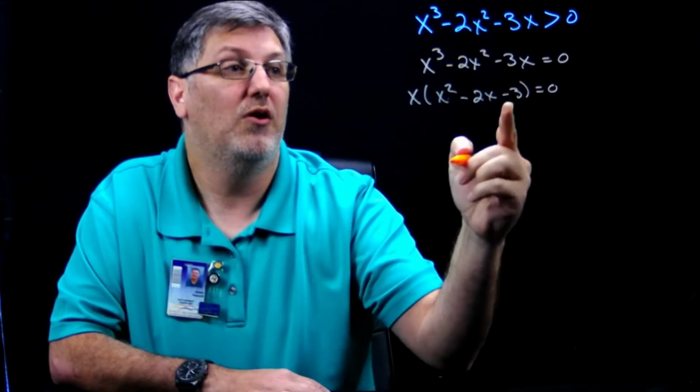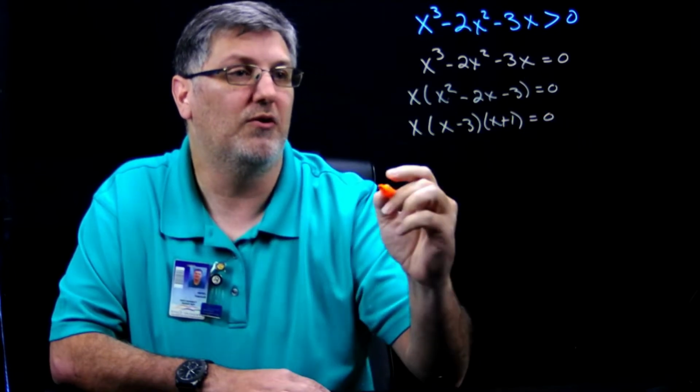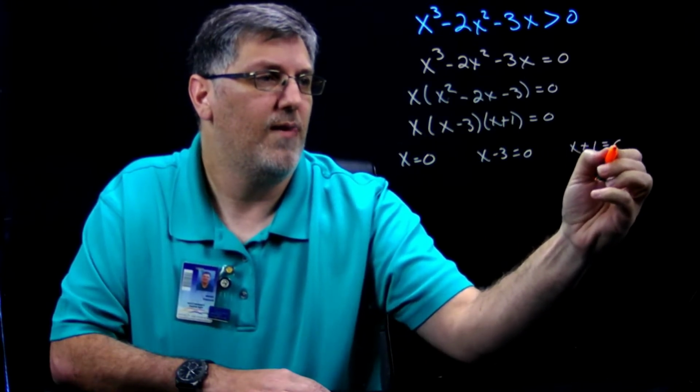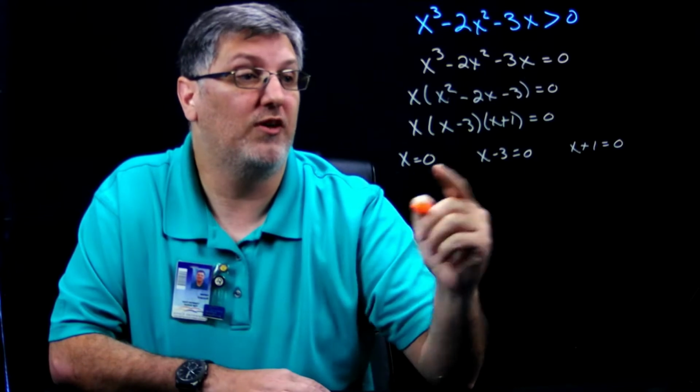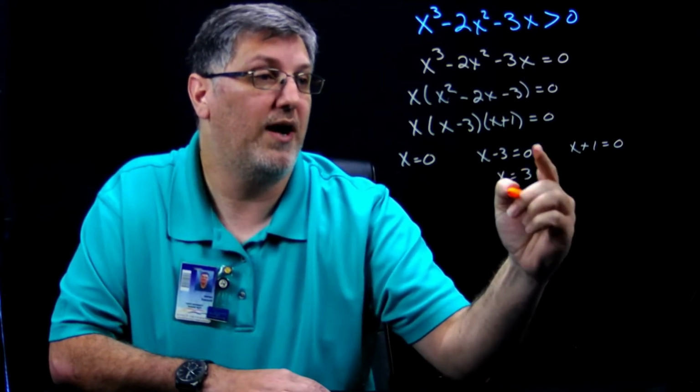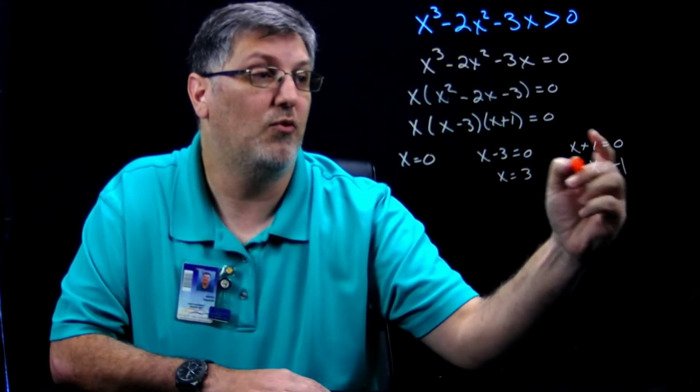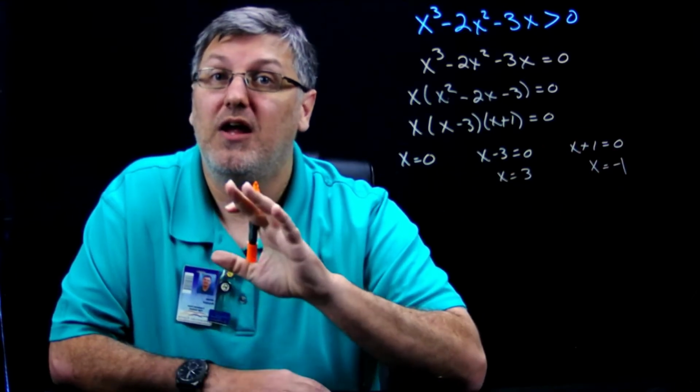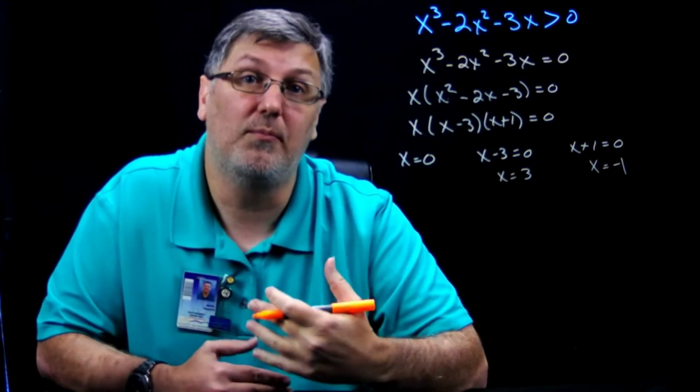And what I want to end up doing is I'm just going to solve it. So I'm going to factor out a GCF, which is x, and that gives me x squared minus 2x minus 3 still equals 0. Well, this factors: this gives me x, x, this is going to be minus 3 and x plus 1 equals 0. And then I set each factor equal to 0. We've been doing this for a little while now. All right, and then from there, we know that x is going to equal 0, x is going to equal 3 by adding 3 to both sides, and x is going to be negative 1 when we subtract 1 from both sides. And that's if we were just solving a regular polynomial, but this is a polynomial inequality,